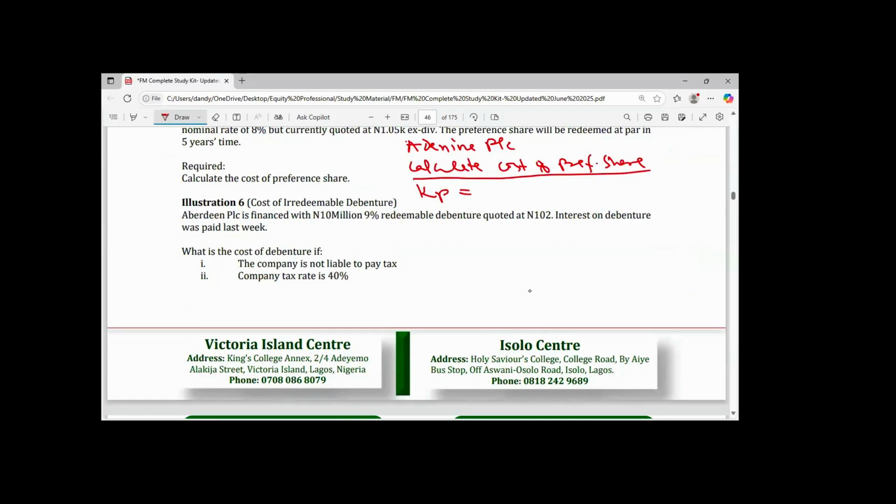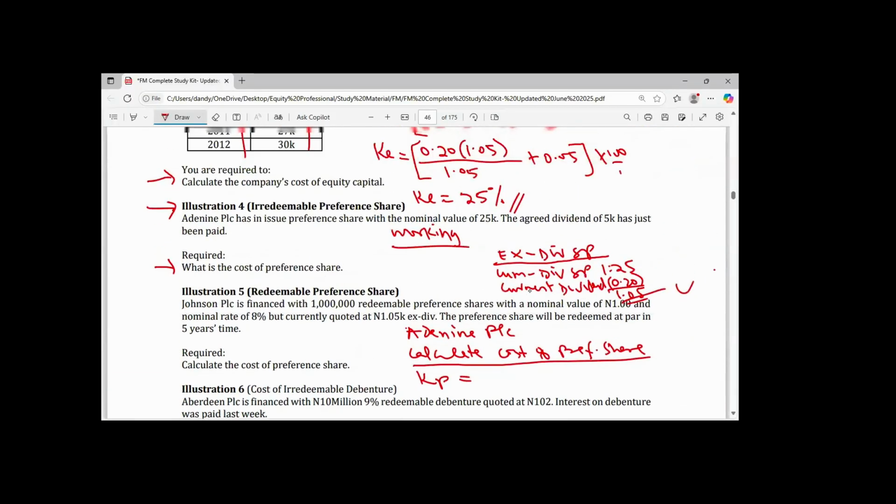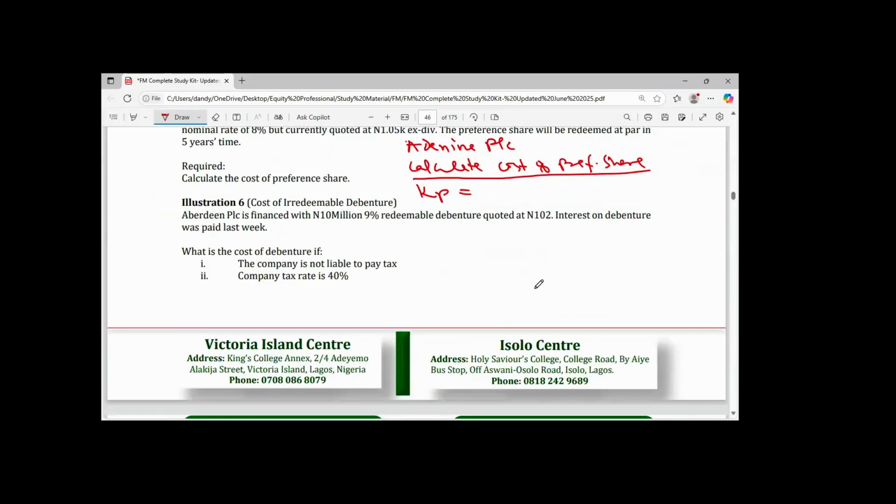Before I put it down, I need to ask myself, what kind of preference share is this one? Is it redeemable or irredeemable? It will be redeemable if and only if you are given the redemption date. In this particular question, we are not given any redemption date. We don't have a maturity date. So in that case, it will be irredeemable. So I would then say fixed dividend divided by